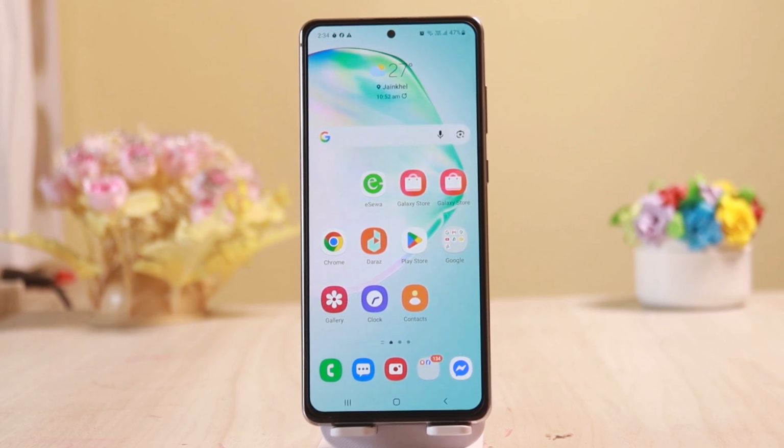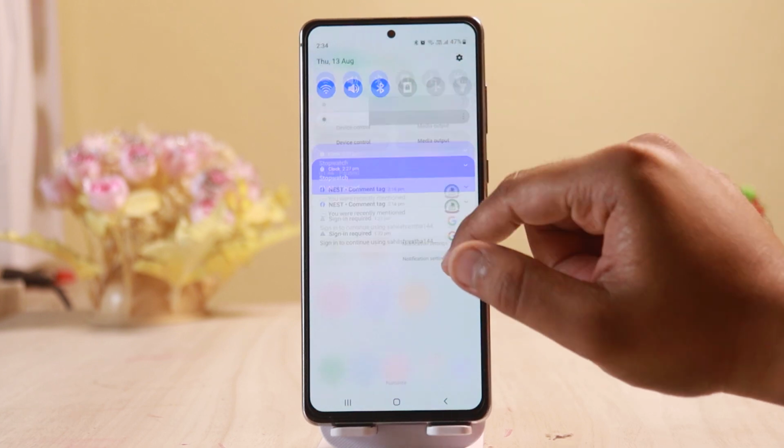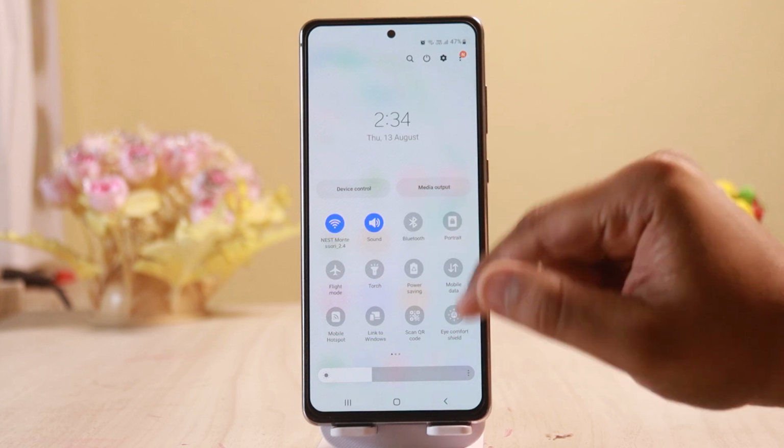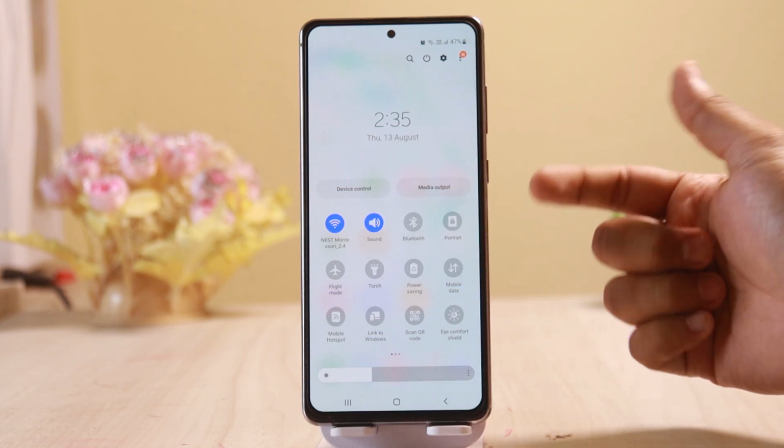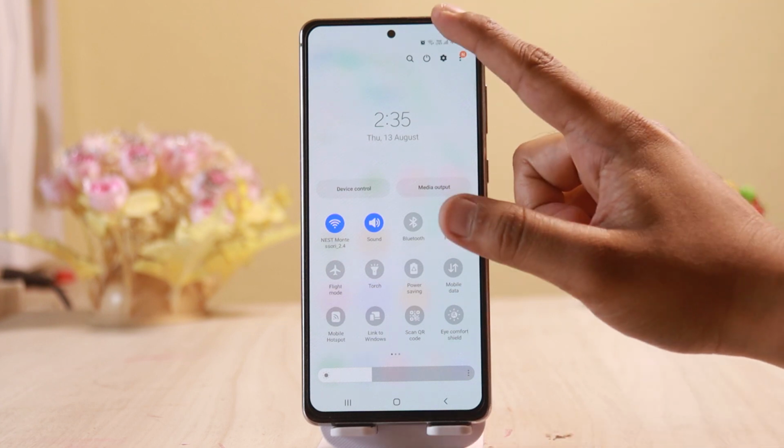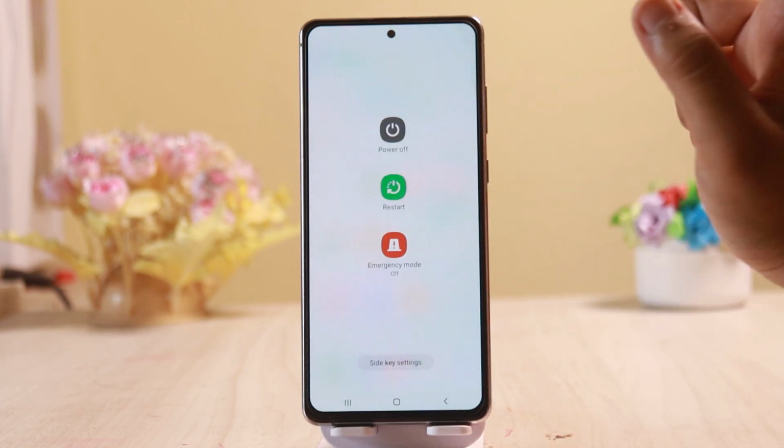Today's video is going to be about how to fix Android 10 output keeps switching on Samsung Galaxy. For that, the first thing that you can try and do is head over to your quick settings and toggle off Bluetooth completely on your device to make sure that your device does not get connected to any external speakers or headphones. The other thing that you can try and do is tap on your power icon and restart your